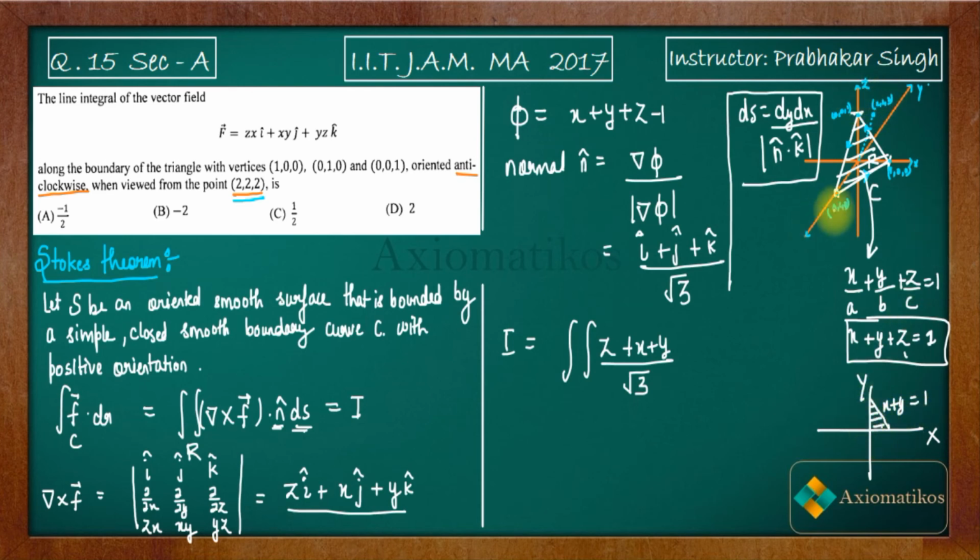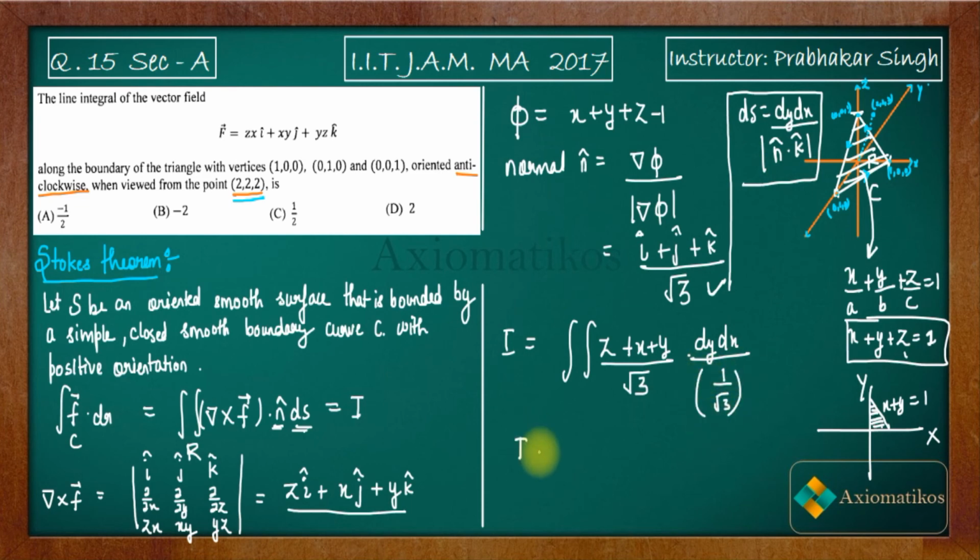So this is the equation, x plus y is equal to 1 in the first quadrant. This was the first octant. So z was positive, x was positive, y was positive. That is why we have to consider the first quadrant here, because the projection will lie in this first quadrant only. So x plus y is equal to 1. So this is our region on which we have to integrate. So what is our dS? It is dy dx by n cap dot k cap. What was our n cap? It was this. So if you dot product it with k, you will get 1 by root 3.